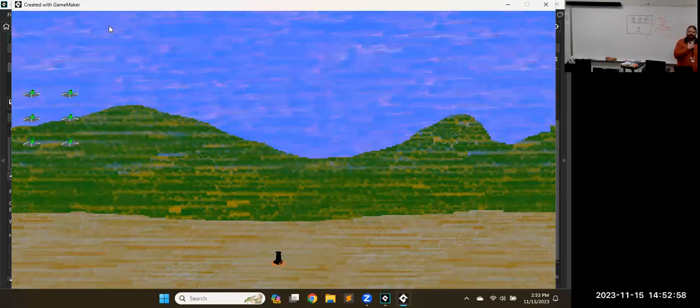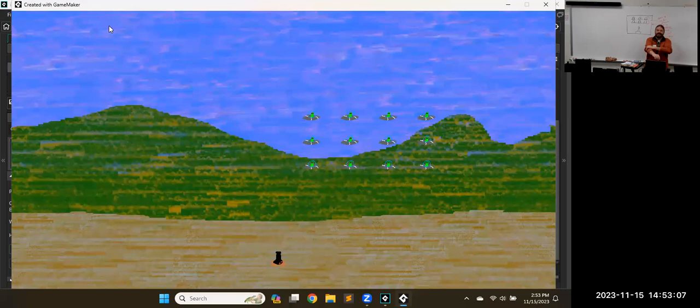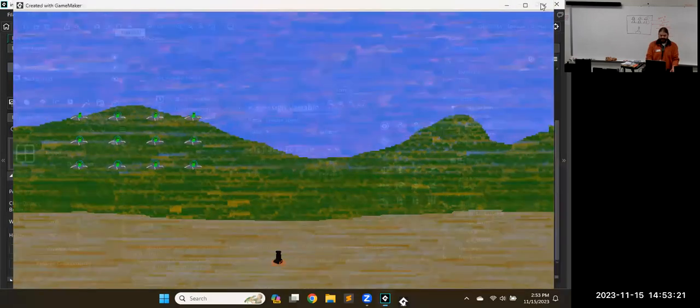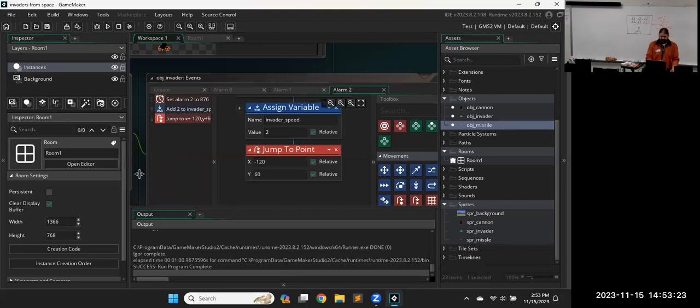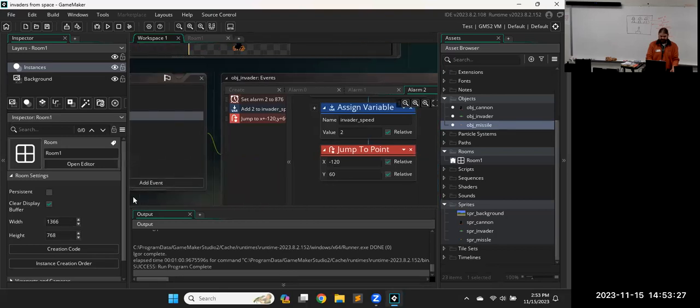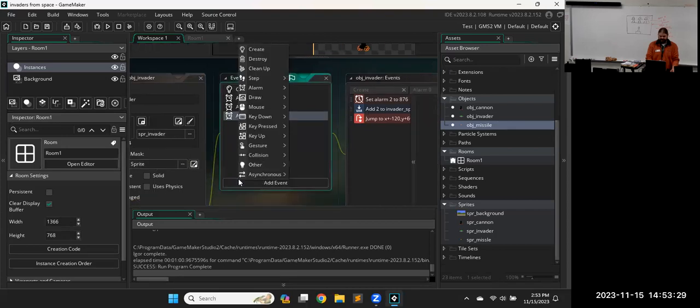We could make it smooth movement, but the smooth movement would be almost identical to how we do left and right. So the timer control. That's what we haven't seen yet this fast. Everything's timer controlled, and eventually it gets down here. So we need to set up a condition. I guess we could go ahead and set up the condition for when the thing ends, because that's going to be based off this. So if we add event,